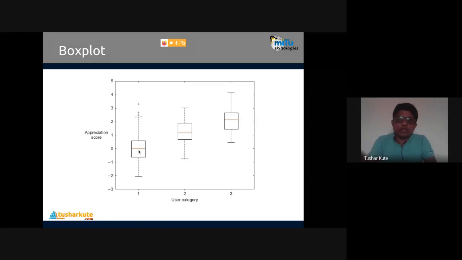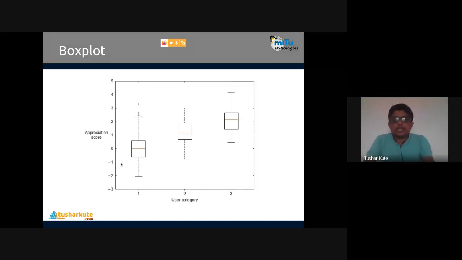In the visualization topic, we will see this again, how the box plot is commonly used. Here is the center, the median of all. So user 1 has given a median appreciation score of 0, user 2 has given a score of 1, and user 3 has given a score of 2. Compare according to category: a categorical variable against the continuous variable. That we can do with the help of a box plot, and it even shows the outliers also. These are the outliers that are present, so we can see outliers and accordingly check the result.